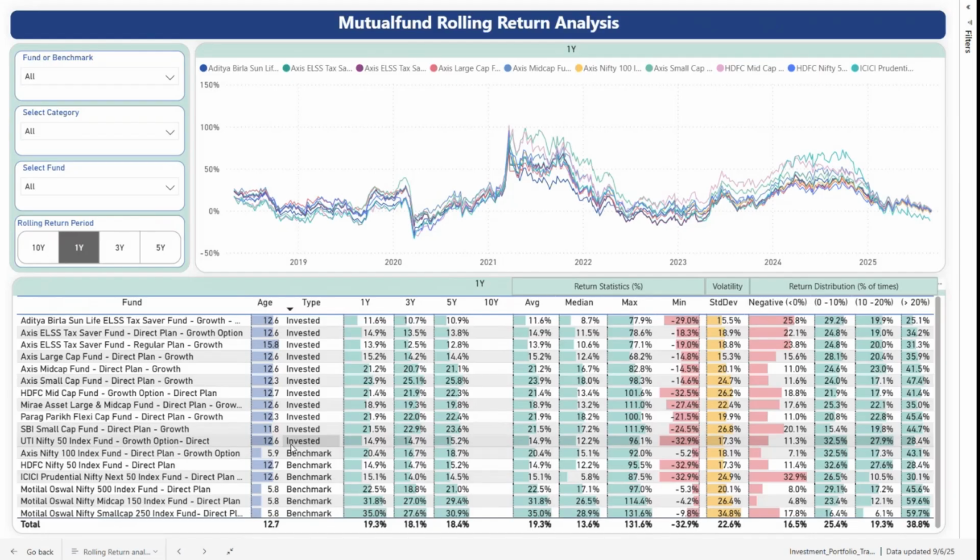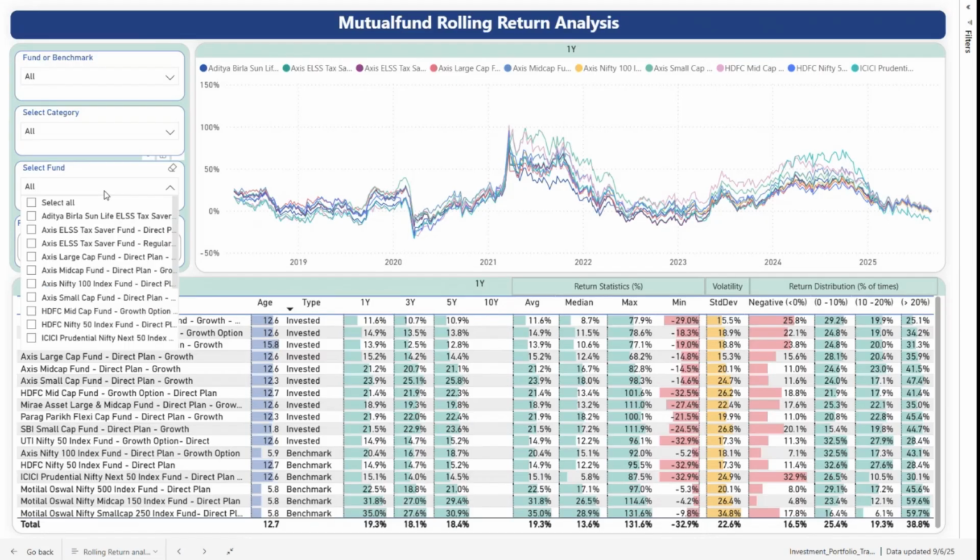Rolling return will calculate the moving average for every day. So even though my Axis Midcap fund is 12.6 years old, I do not have the 10-year rolling return, because I have calculated only from 2017 onwards. Okay. So you will have a data point for 1 year, 3 year, and 5 year, not for 10 year. Okay, let's take an example. 1 year average rolling return I was considering. So basically the graph, if you look at it,